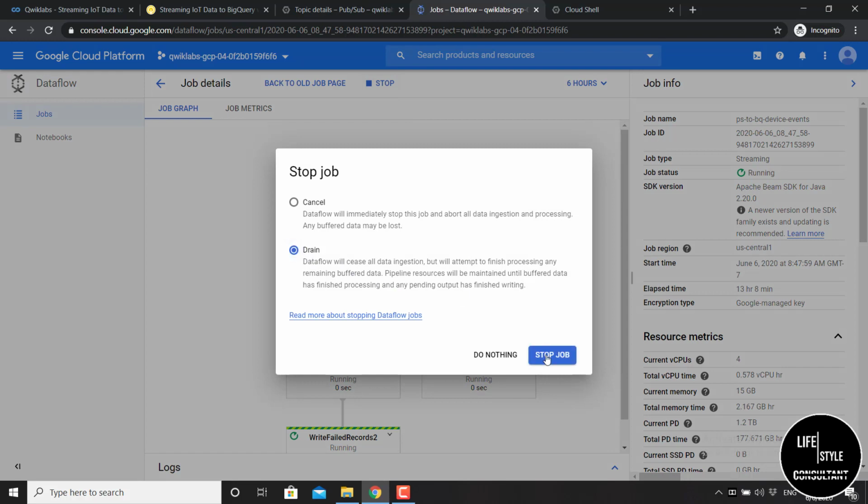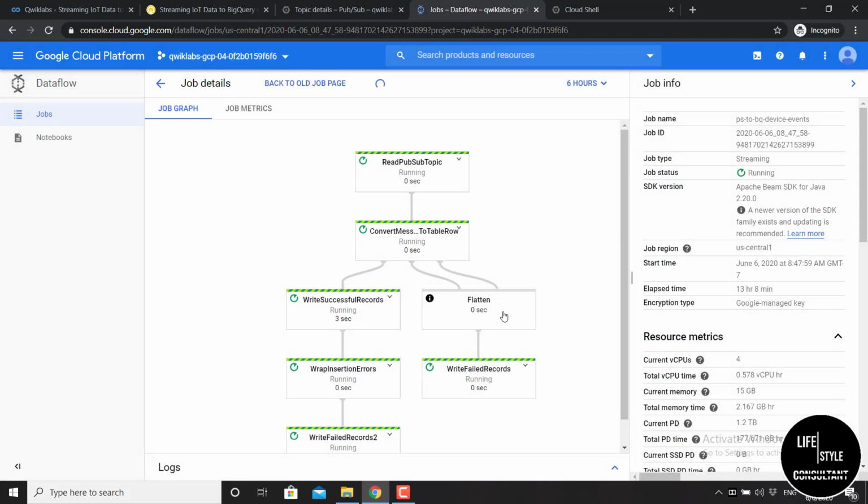Then click here, stop job. Okay, you need to wait a little bit. It is stopping. Okay, the job has been stopped.